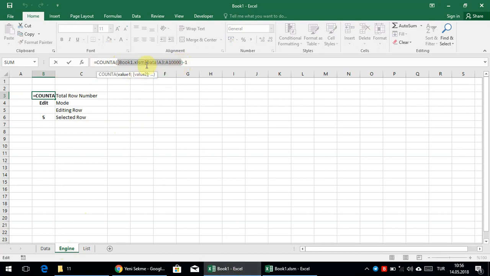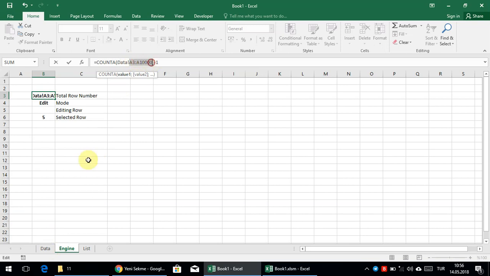But here I'm going to change this, because it copied the formula as it is, but I will change this. It's just using the worksheet name with exclamation mark, which is data,